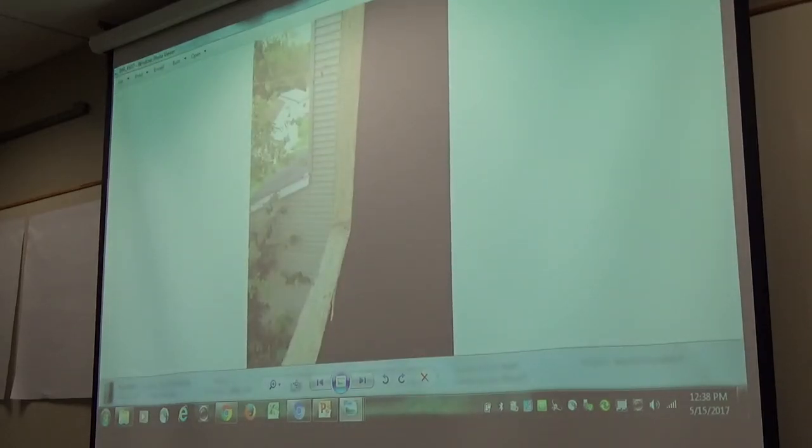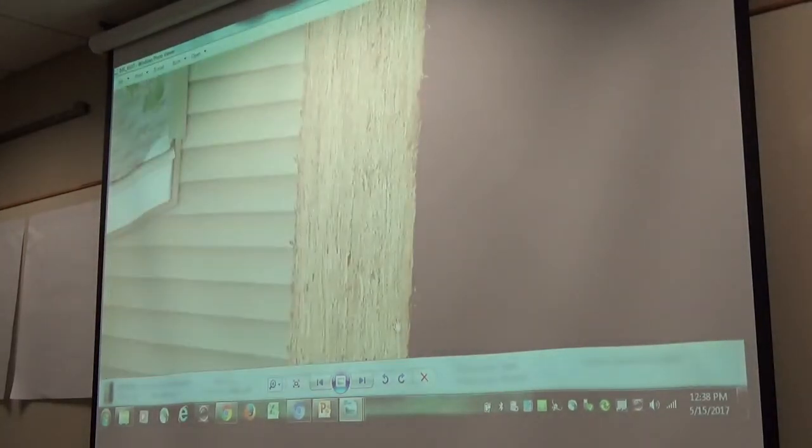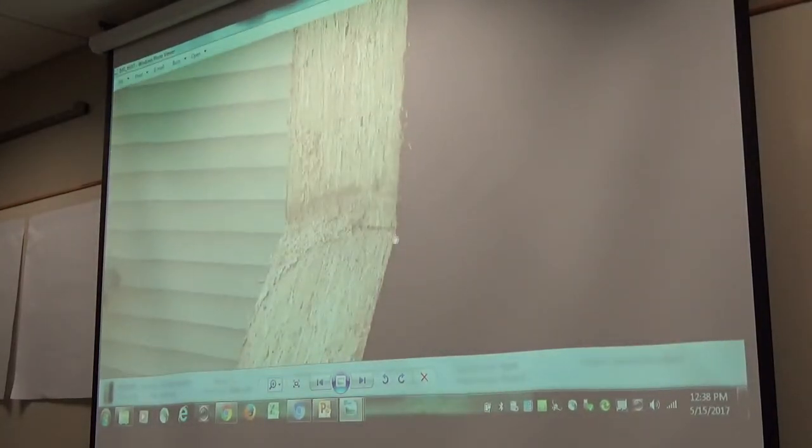And on this, if you look closely, you'll see that this is cut at a slight bevel to the outside, so it pitches. And so that's just taking the saw and setting it at a 7-degree bevel and cutting that bottom line. Okay, so you're going to cut these windows from the inside, and generally what I've done is when we've measured the windows on the inside, you mark them out, cut the two sides up, and then you take